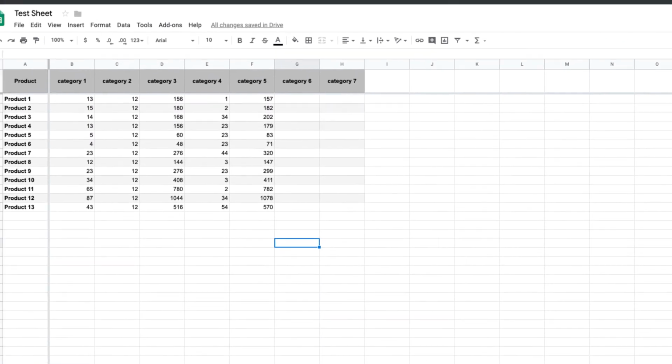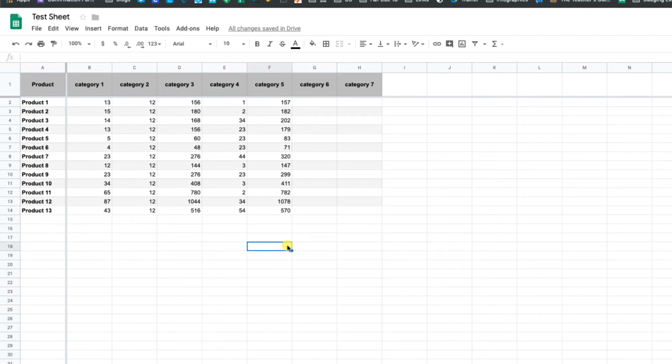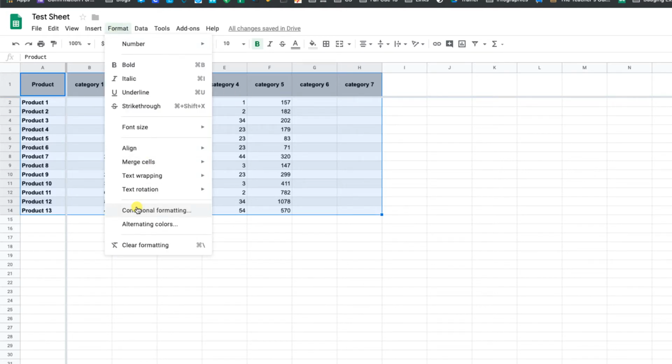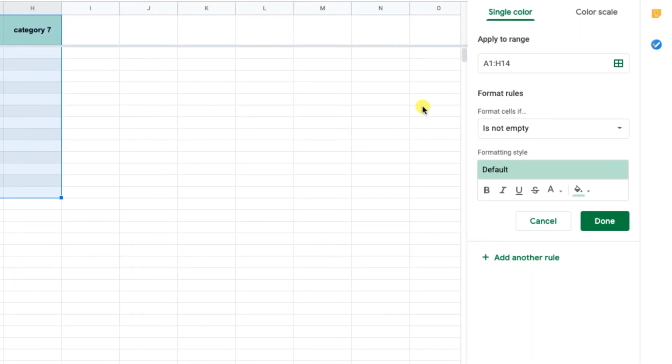So that's nice to have. Another thing that we're going to do though is we want to be able to easily identify which cells contain a formula. That is very helpful if you're sharing something that you made with someone else so that they know where to look for these cells. So I'm going to select these again, and I'm going to go to Format, Conditional Formatting,